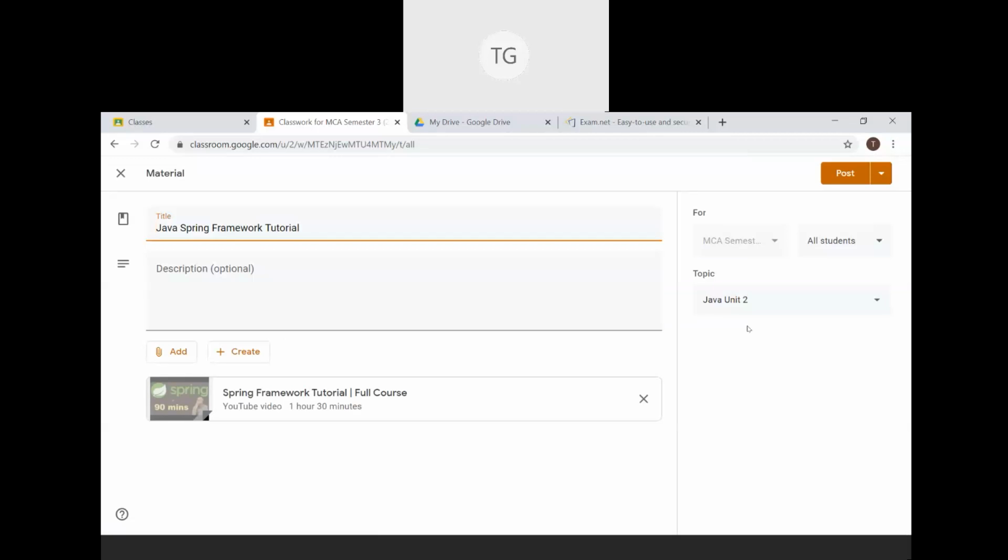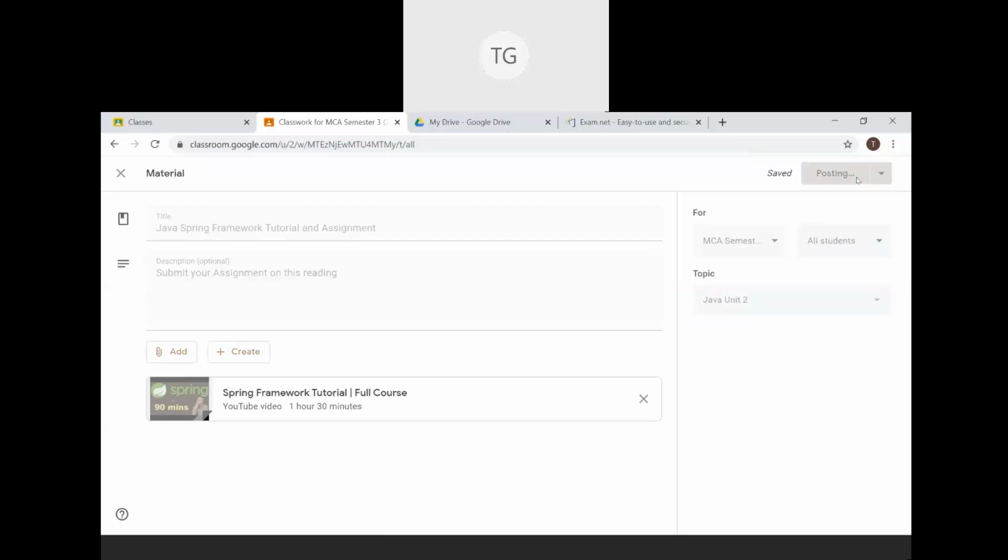I want to reuse this post within the same class. I want to extend this post to an assignment. So I'm reusing this post for assignment submission within the same class.